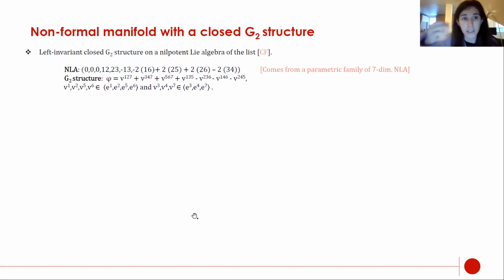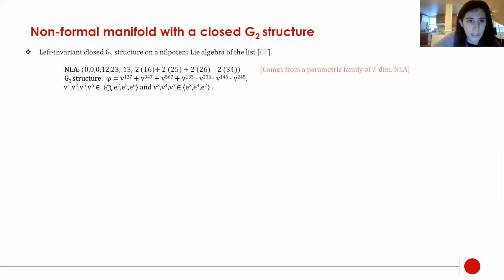And finally, I will outline the construction that proves Theorem 1. We start with a left invariant closed G2 structure on a nilpotent Lie algebra on the list, as I explained previously. This is the one we are choosing, and it is quite complicated, and it comes from a parametric family of 7-dimensional nilpotent Lie algebras. And the G2 structure